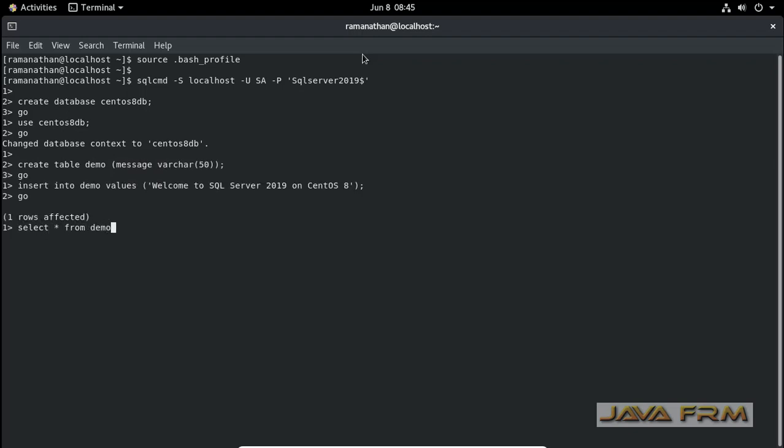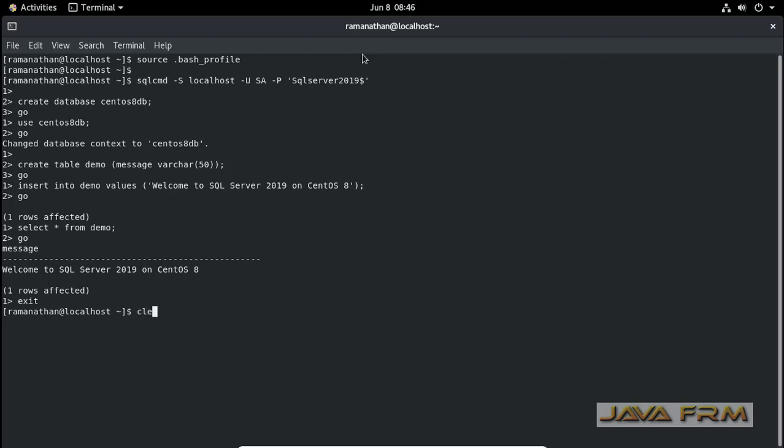Yes, I am able to create, insert and select the table. So everything is fine now. SQL Server 2019 installation on the CentOS 8 operating system is successful.